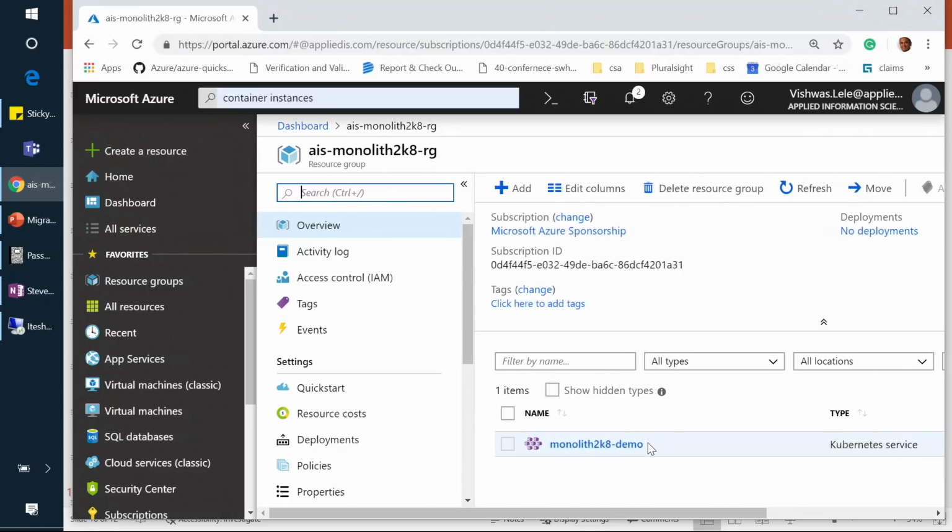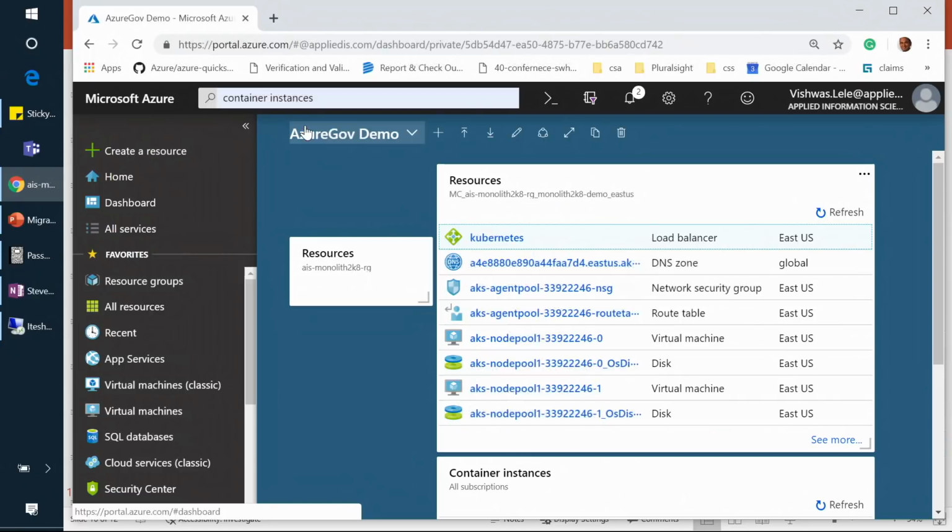So this is the cluster that I created, and this is a separate resource group. Let me go back to the dashboard. And the other resource group that you see here is on the screen right here. So the way to think about it is your AKS cluster is broken up into two resource groups. The resource group that's managed by Microsoft, the control plane, and an infrastructure resource group where all your resources are. So here is where all my VMs and clusters are located. And this is the place where we will deploy our Windows containers that we talked about and get our application running.